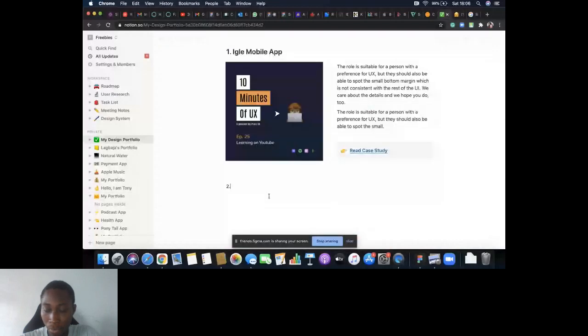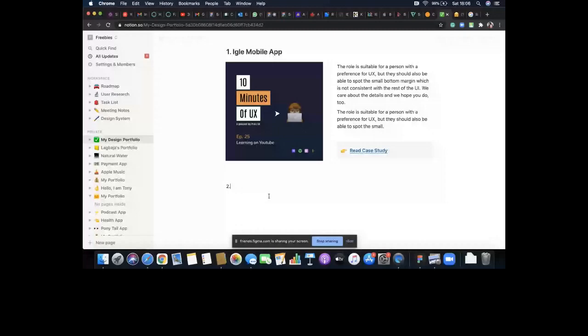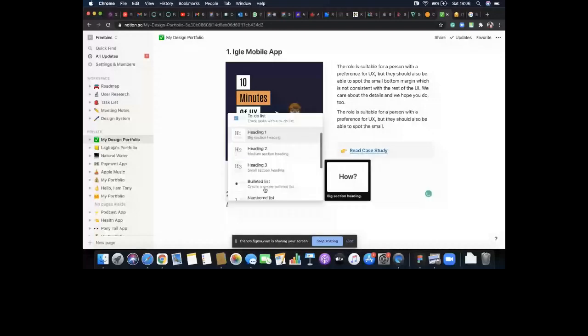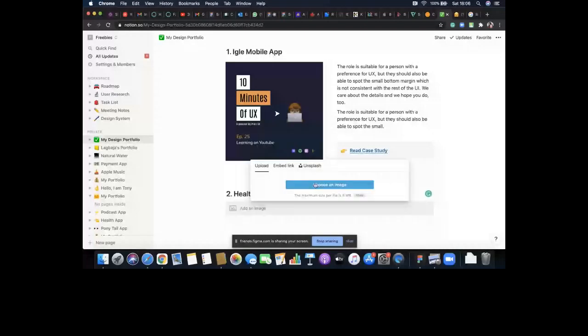I've called it health app. Same way, I'm going to highlight this, change it to an H2, and input the image that I want. So click on slash, upload image. I'll pick any image that I have. You want to put an image that is related to what you're working on.